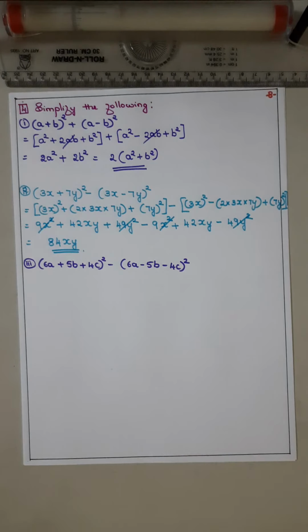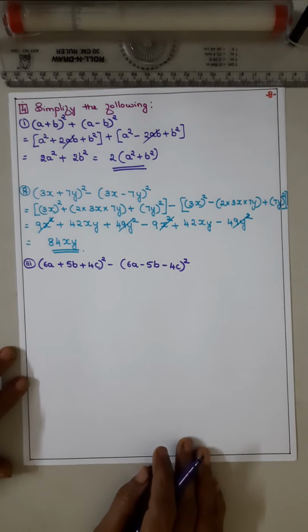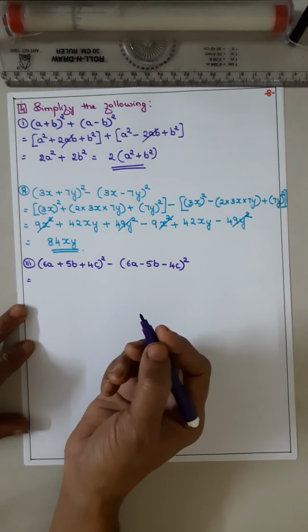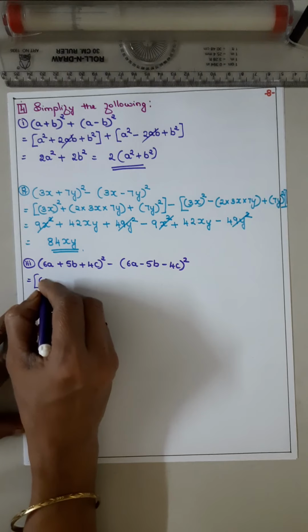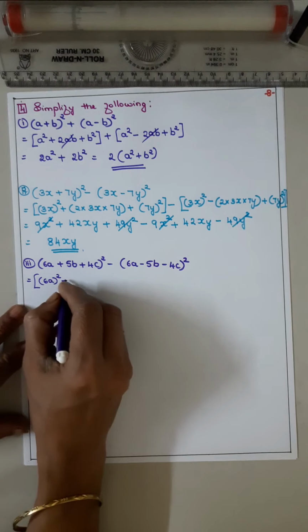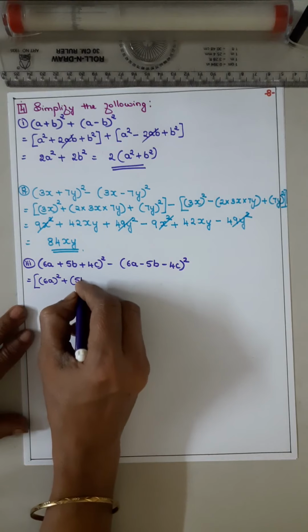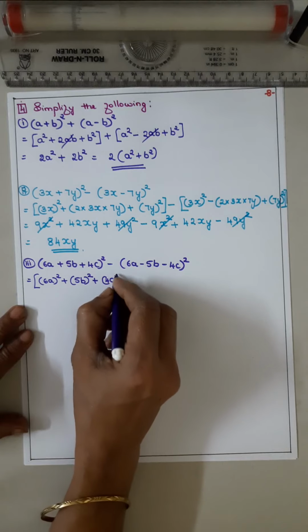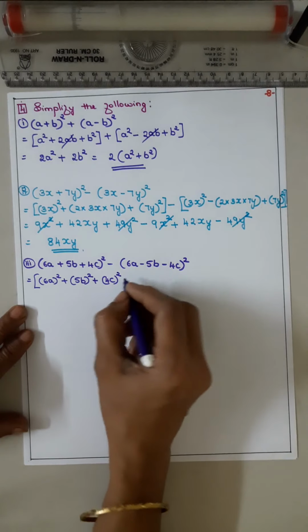Understood? Now coming to the third sum. So put the identities, then you solve it. Now this is (a + b + c)², that identity, isn't it? So open. It is a², that is (6a)², b², (5b)², c², (4c)², plus